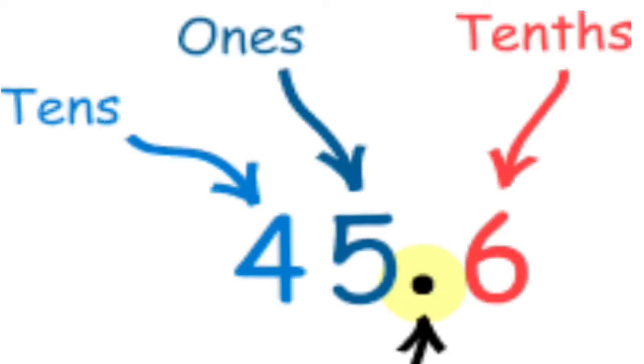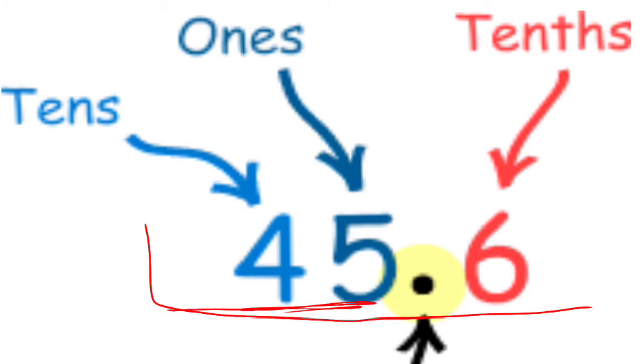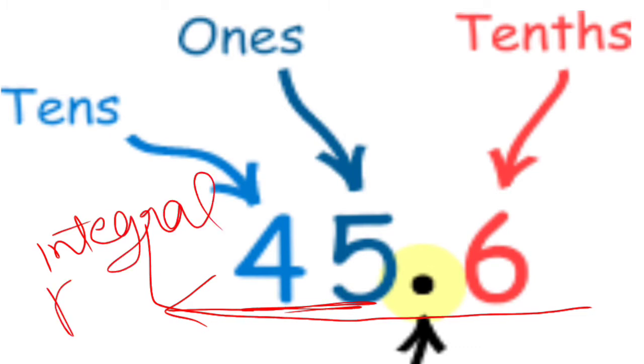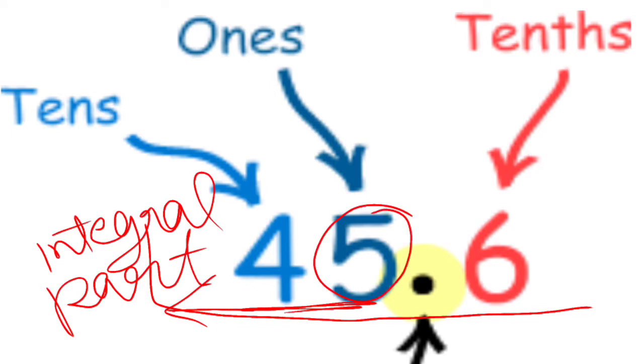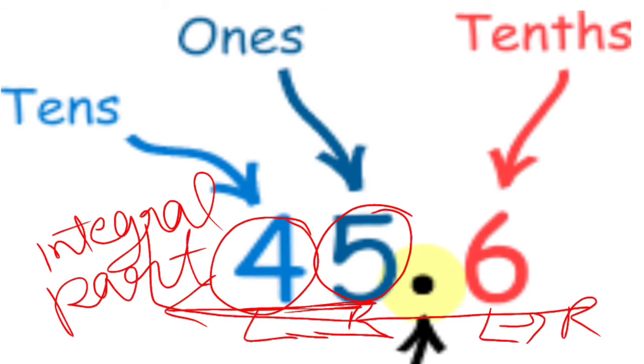Now we are going to watch a particular decimal number and its notations. I already told you this is a whole number. We call this complete part the integral part. And if we are talking about how to read that particular number, then this is on the first position ones and this is on the second position tens, and here we will do the reading from left to right, and here we will do it from right to left. So on the first position the number we will call tenths. Tenths, we just add an extra ths.